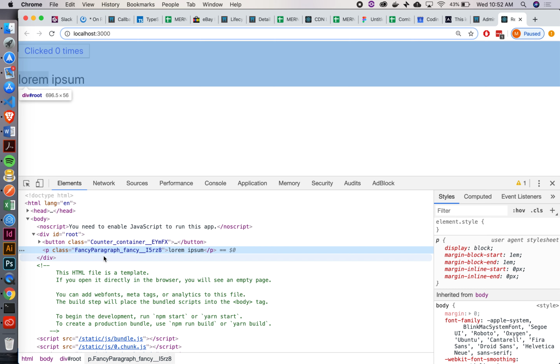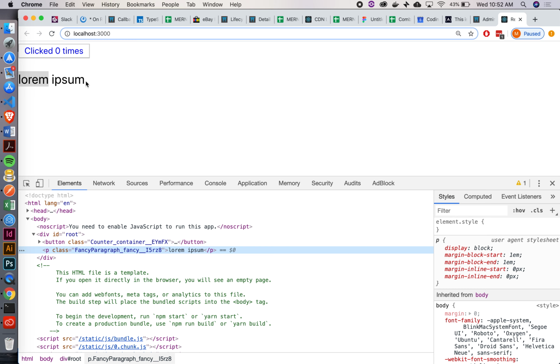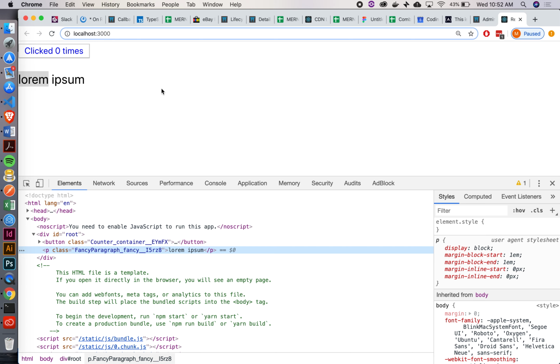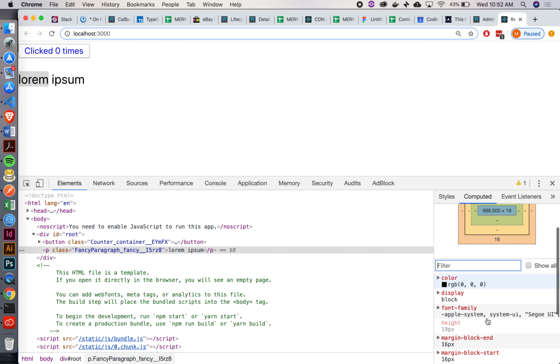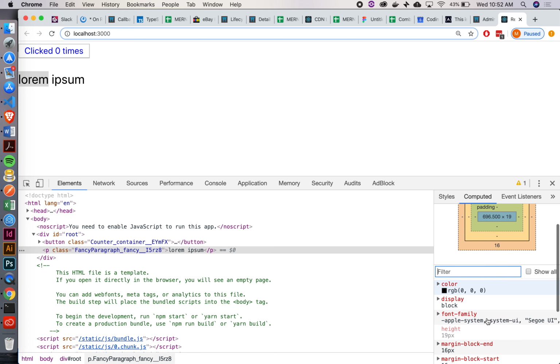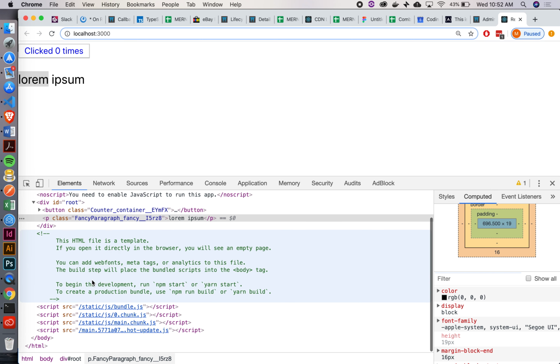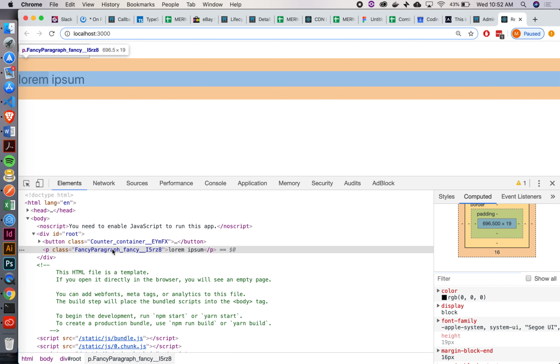What's that with the gray? I think it's on there, it's just you can't see it. It's a light gray. Why is it not giving me a background here? Maybe it was expecting it to be